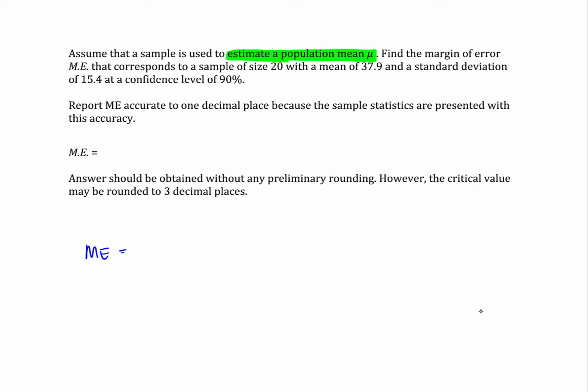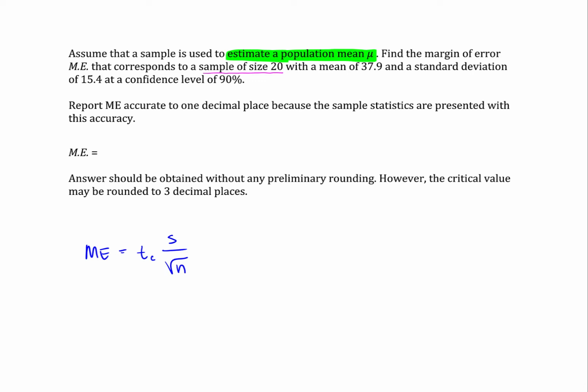And here we do need to be careful. We have a small sample. So we have a sample of size 20. And when you have a sample of size 20 that's less than 30, unless you know that your distribution is normal to begin with, you can't really assume that the central limit theorem is going to result with a normal distribution value. It's safer here to use a t distribution. So I'm going to call this a critical value based off of a t distribution times the sample standard deviation divided by the square root of the sample size.